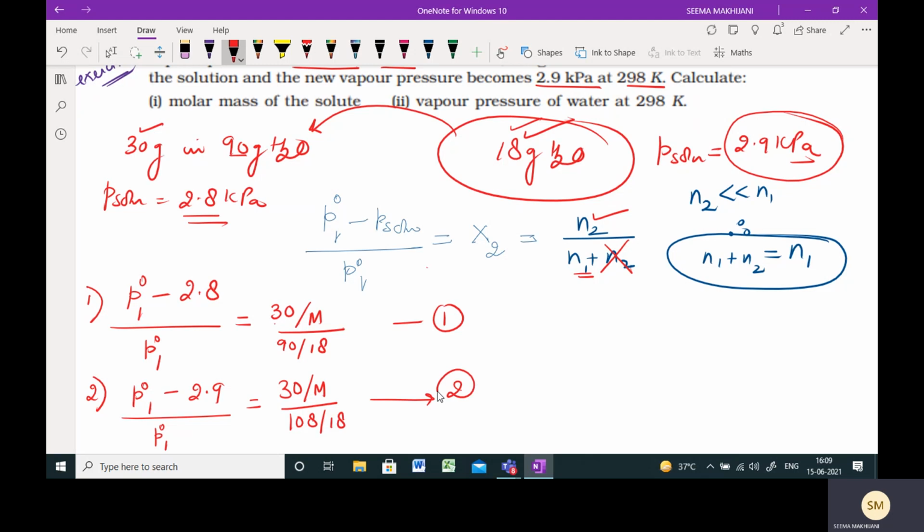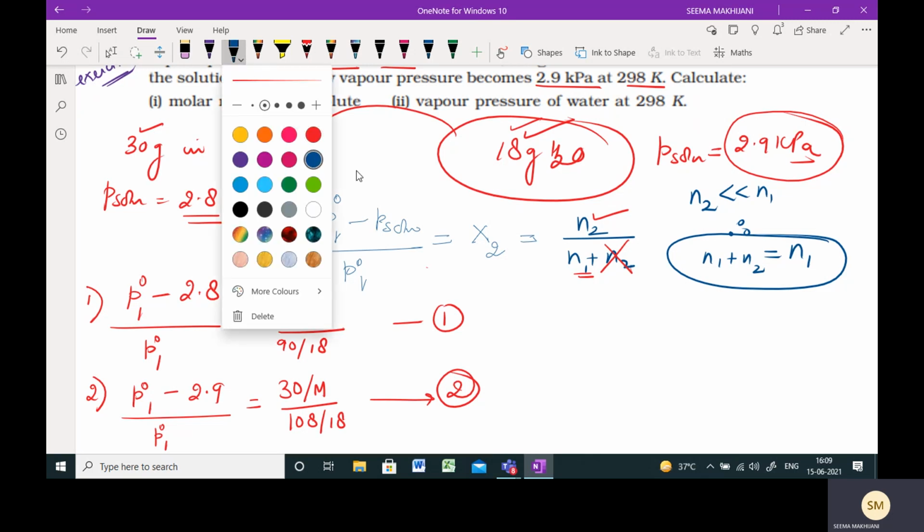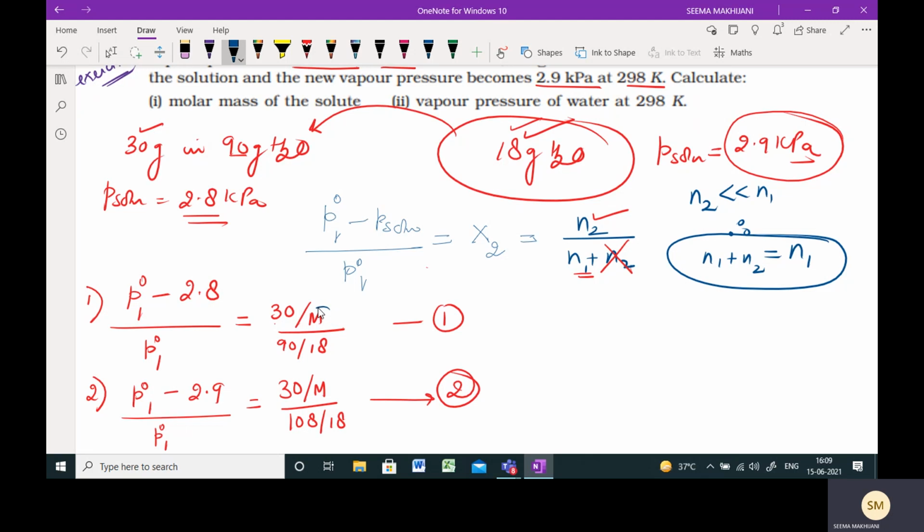Now you have two equations, and two things to be found. P naught 1 is not known, and along with P naught 1 we also do not know M. Neither is known. There are two things to be found and you have two equations. So the advisable fact is to divide the two equations. So what you can do is